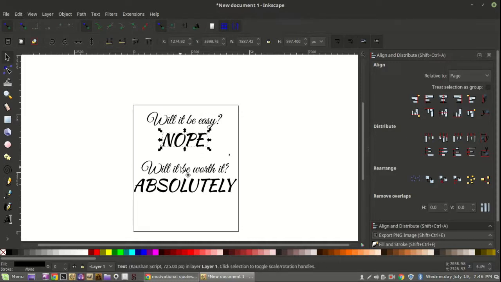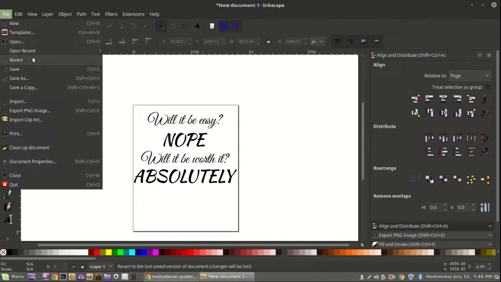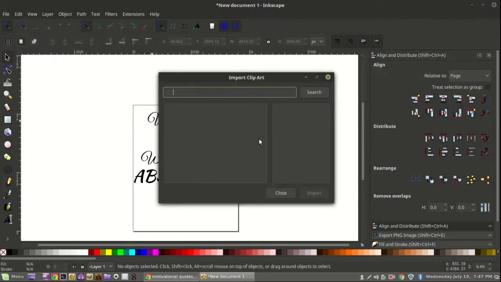Alright, so anyway, we got that. And I think for this tutorial, we'll line those back up. I'm just going to throw in a couple elements, and there's not a ton in here. See where it says import clip art? There's not a ton in here. You can go find something somewhere else, but I'll say